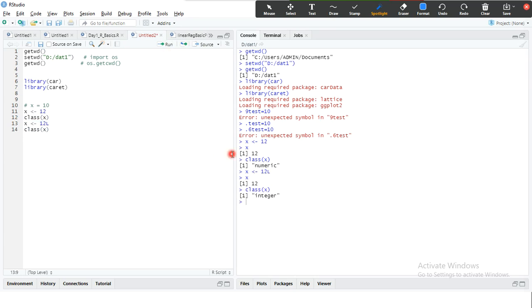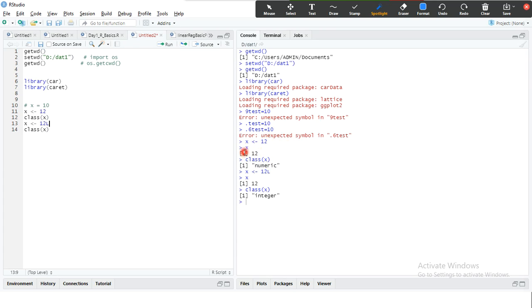Look here, this value 12. Earlier we stored it in a variable x, and when we checked the data type of this variable x, it was showing numeric. Since it is a whole number, or integer, I don't want this to be assigned as a numeric data type.